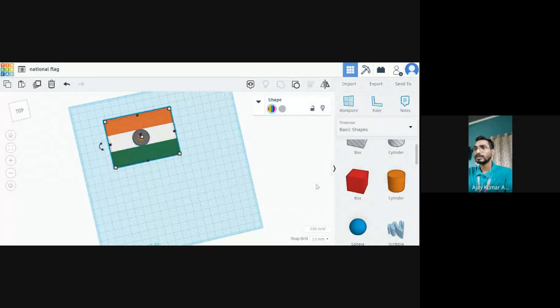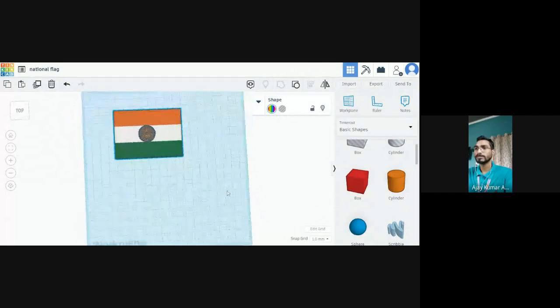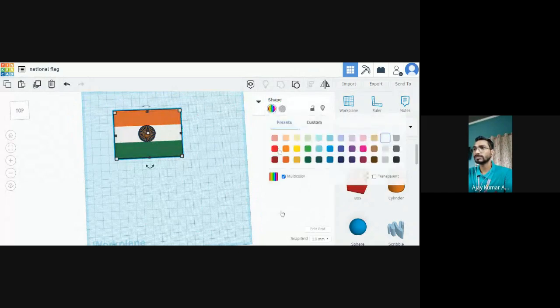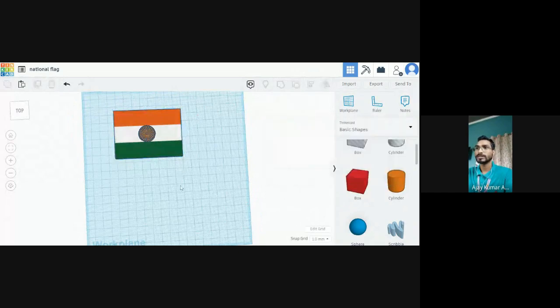So now the steps are simple. You can just make it like this, select it and choose. You can choose a multicolor from here. Now you can simply drag the cylinder from here.